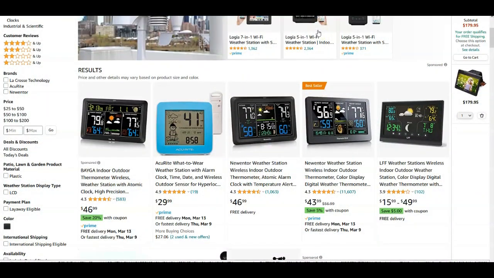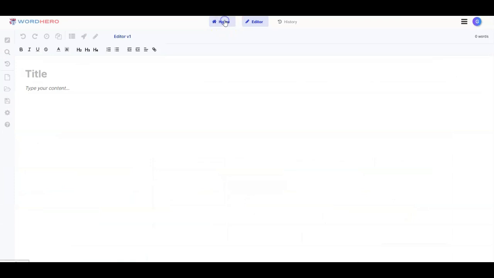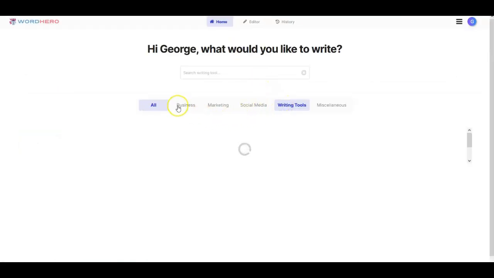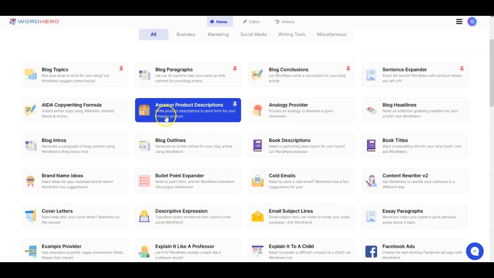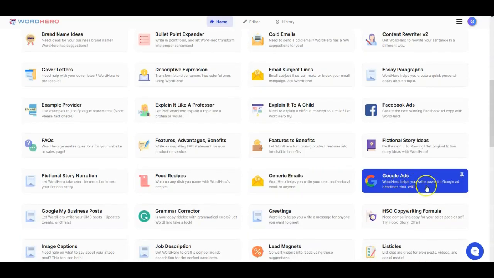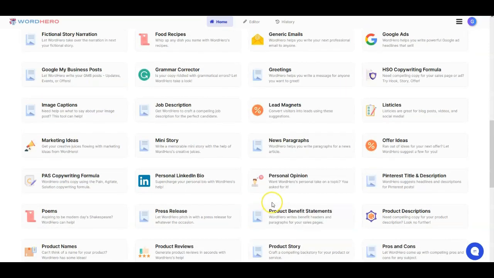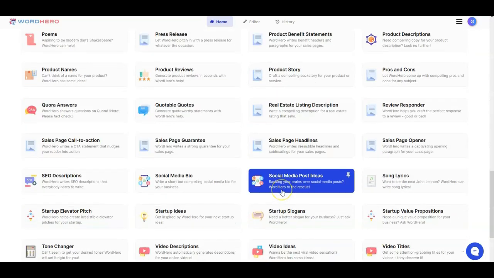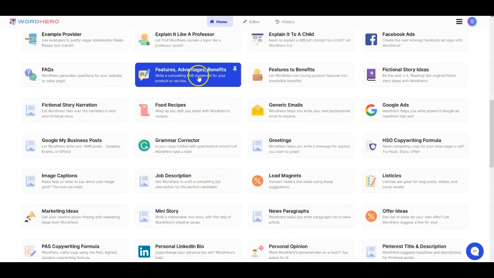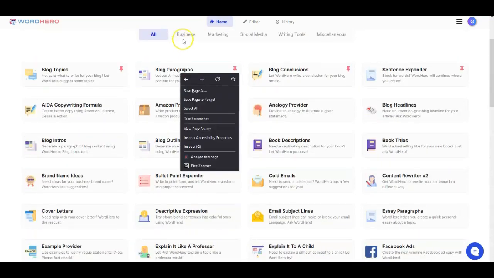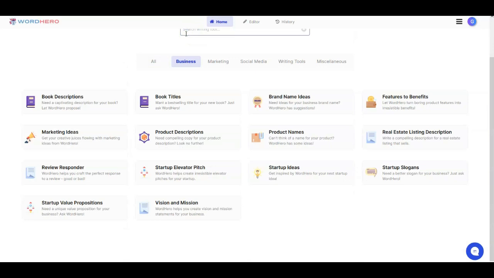Okay, so first thing we're going to look at is the Amazon product description in WordHero. So I'm going to go back to the home, and the templates are sorted by all. You can see there's a lot of different things in here. You should be able to find any number of things that will work for you. But you can break them down according to business type of templates,